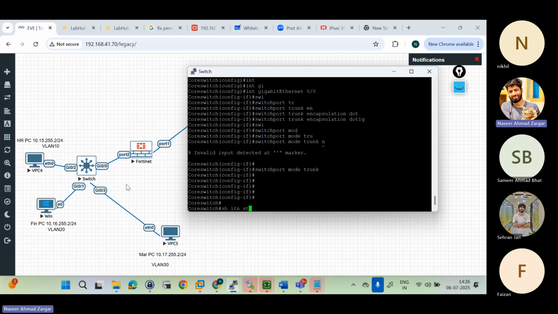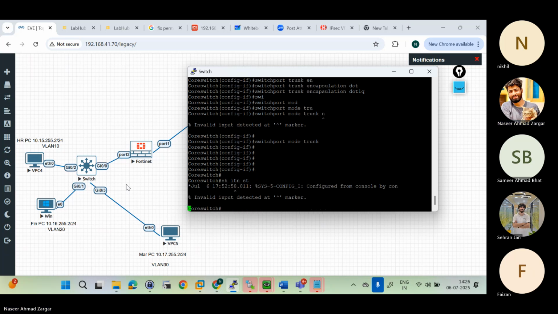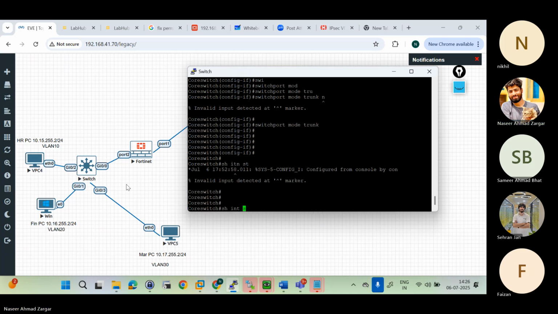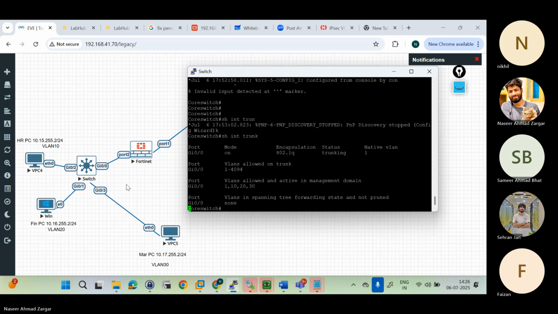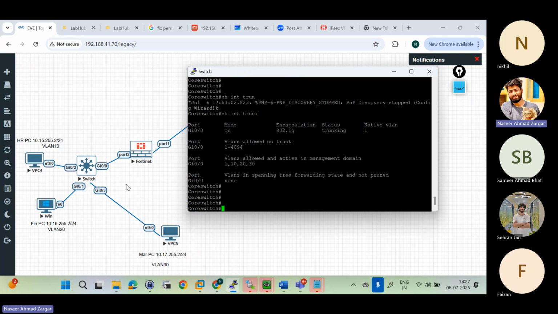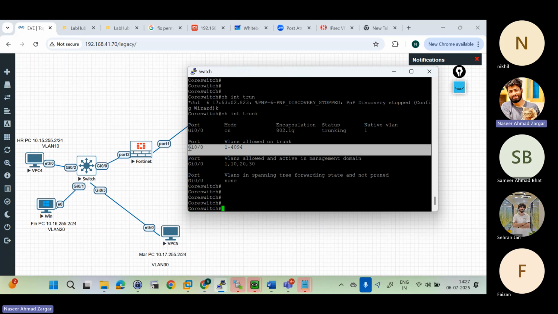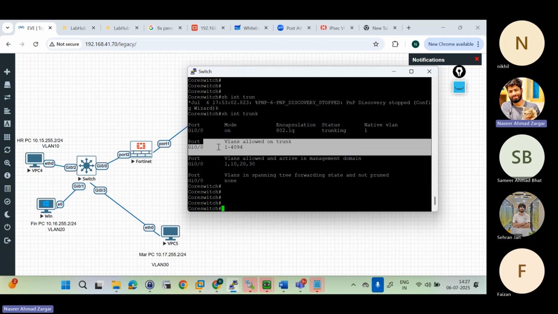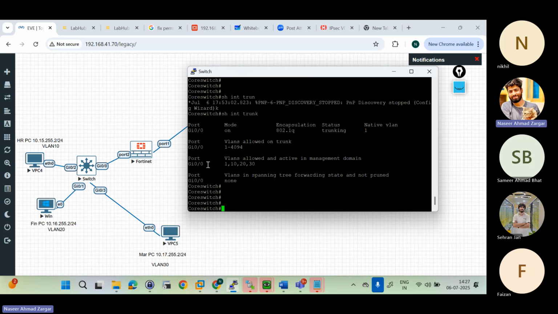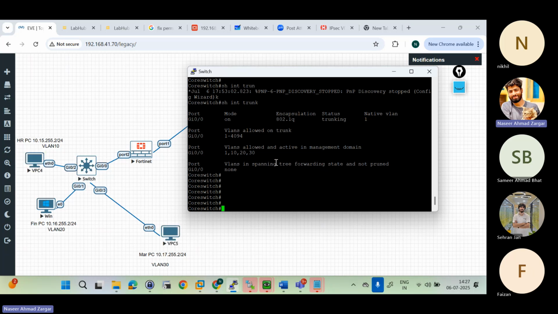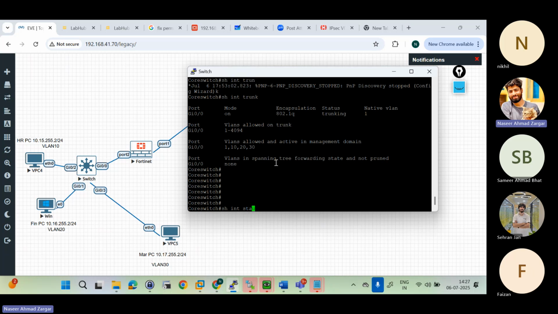Now if I do show int trunk, there you go. I'm allowing all the VLANs on this trunk for the reason that anything that comes tagged from any of the L3 machines or any of the access ports would be allowed on this trunk, right? And the other ports, for example 0/2, 0/1, 0/3, they are part of the access VLAN. So if I do show int status again on this switch,